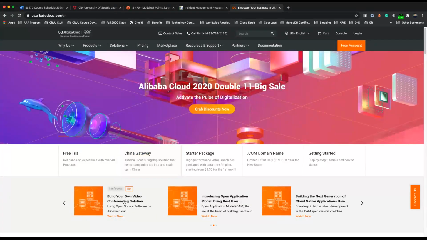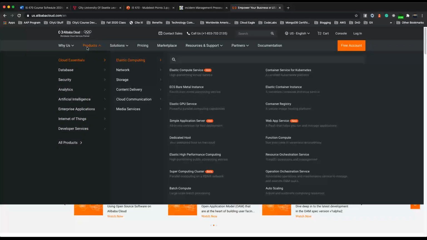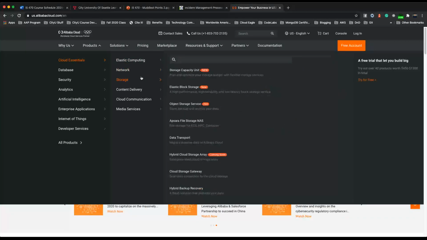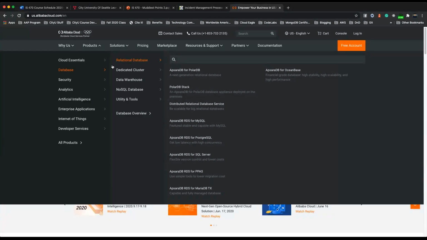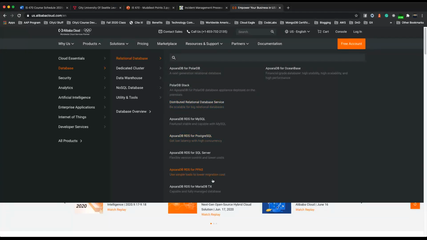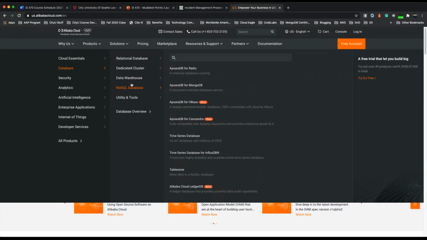Okay, so I'm now curious about Alibaba Cloud. I haven't really checked it, but as you can see, they also have elastic compute service, high performing virtual servers. You also have storage. Let's see, database as well. They do have PostgreSQL, SQL Server, MySQL, the popular databases.